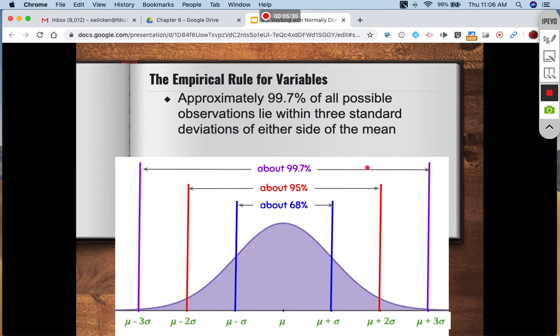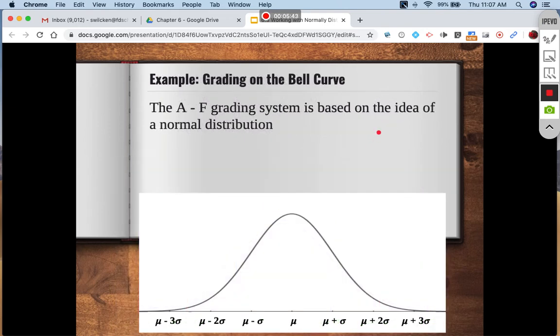So we can use this as a ballpark. These aren't exact. As I say, these are approximations to make some of our calculations easier. But to talk about this bell curve, this empirical rule,